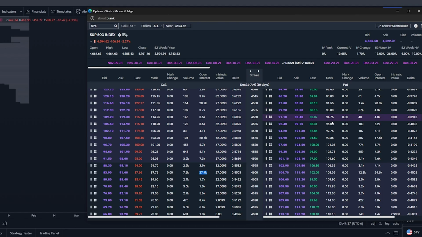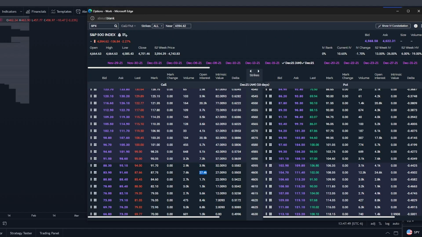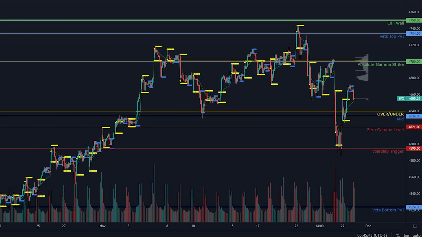There are two ways that I measure open interest. One is on the options chain right here under E-Trade, and number two is using Spot Gamma. The reason why I love Spot Gamma for this is because Spot Gamma does a great job of summarizing open interest for both calls and puts, and they identify a particular wall that is very heavy on open interest for calls and puts. For example, the past 2 weeks, we've had a very significant open interest level at 4,700 on the SPX with a significant number of calls and puts right at 4,700,